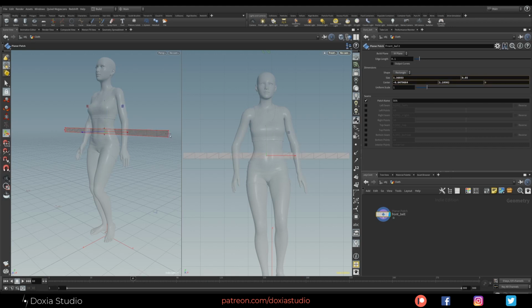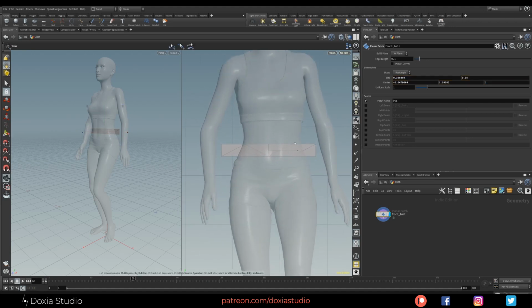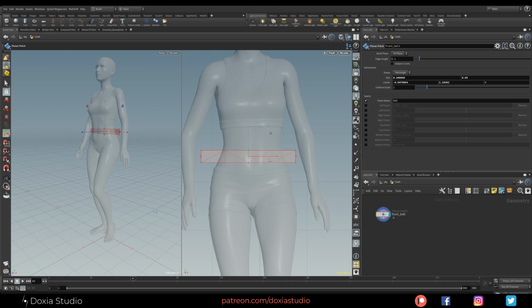If you hold down the shift button, you can resize on both sides, like by the origin. As you can see, my model is not centered, so let's place it like that.